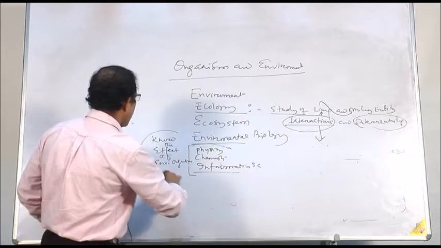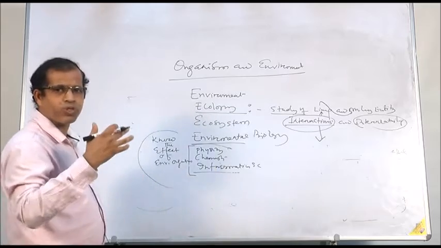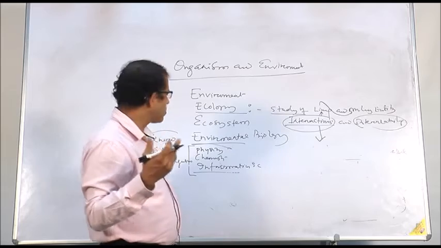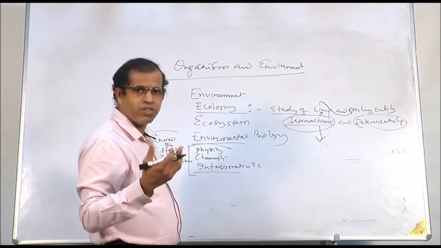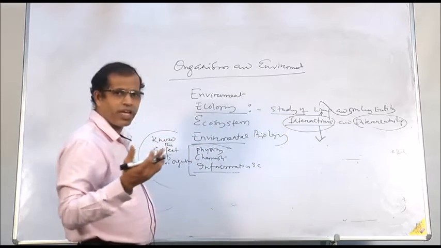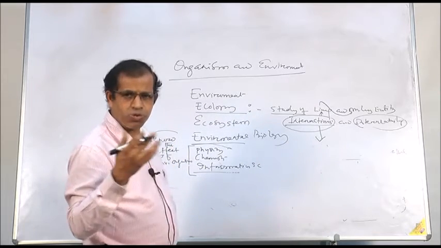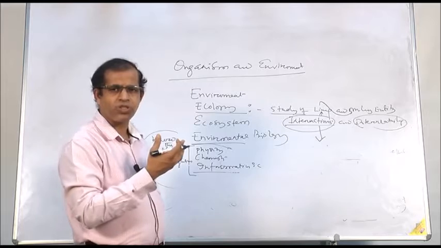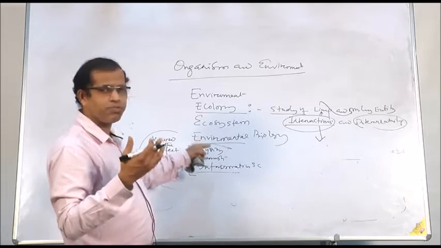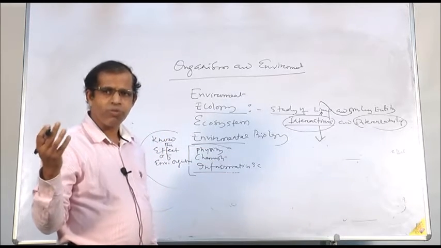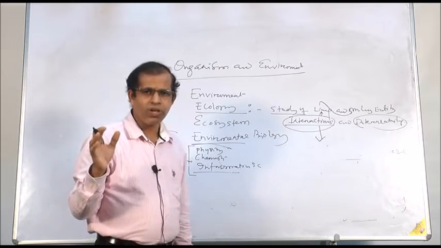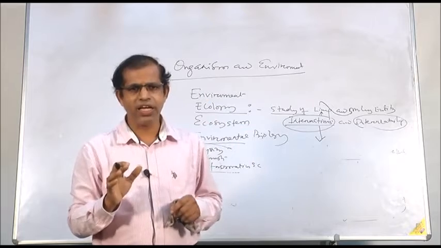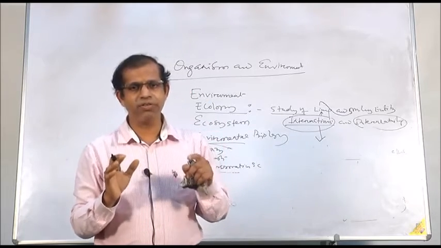So I will use a multi-dimensional approach to know the effect of this environment. That is called environmental biology, which is interdisciplinary. Suppose a lot of environmental issues are there. When I use this information, I will take different branches of science to solve my problems. So in general, when we talk about environmental biology and environmental science, today's concept is very, very important